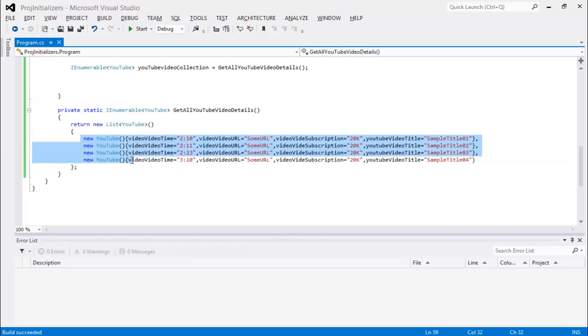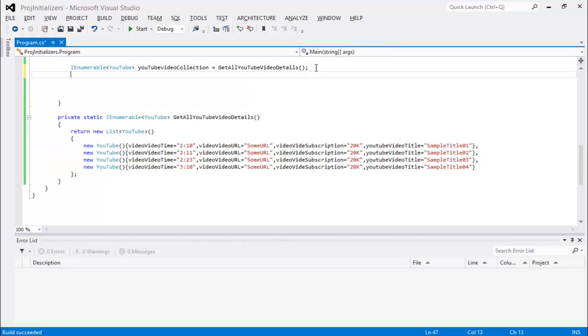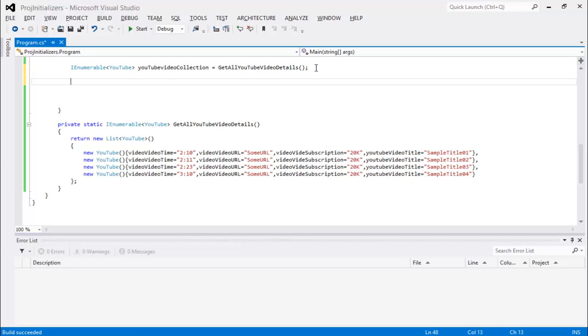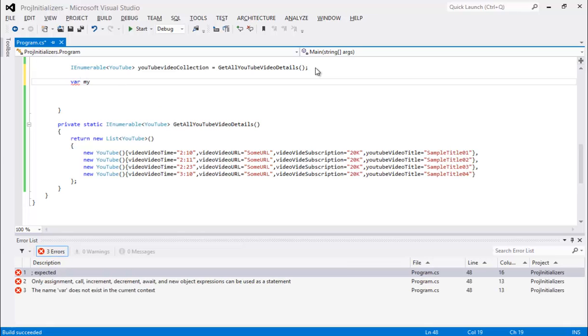This is a sample where we have used an initializer, but as I promised, I'm going to show you how we are going to use this in one of our LINQ queries. So let's start using them in one of our LINQ queries. Let's say my build collection equals from v in YouTube video collection,